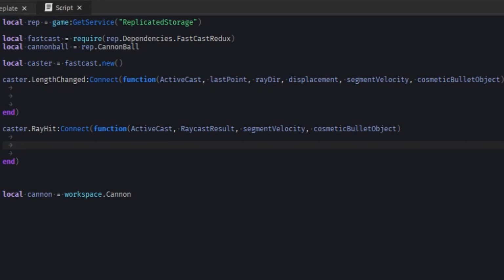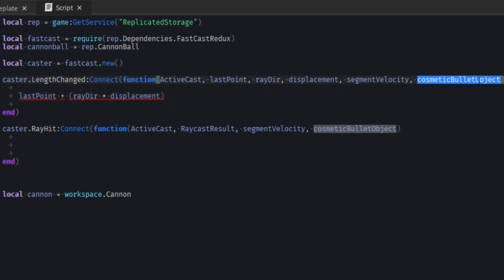And on the API, it actually gives you the formula to position your bullet object. So you're going to actually be using the length changed event to position your bullet object. It doesn't automatically position the object for you, and you think that's kind of stupid, but it's actually pretty useful